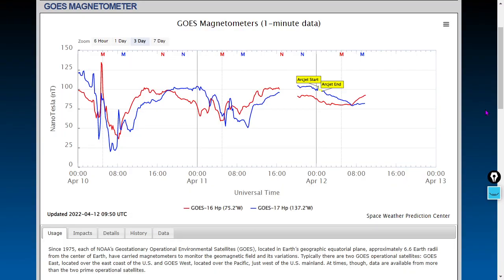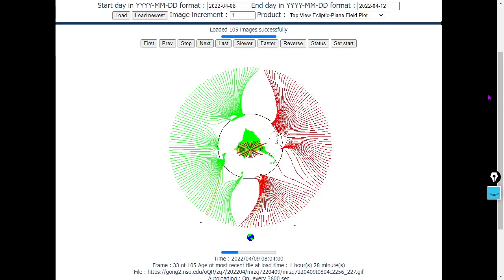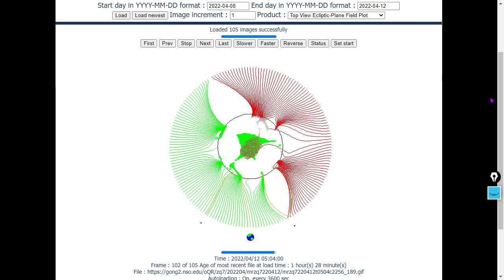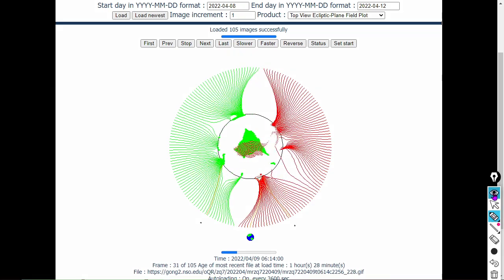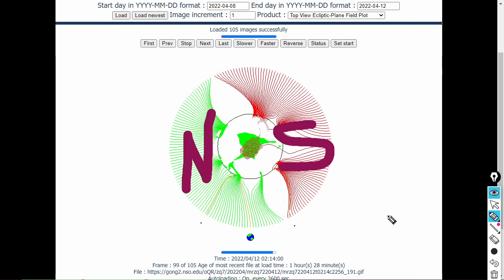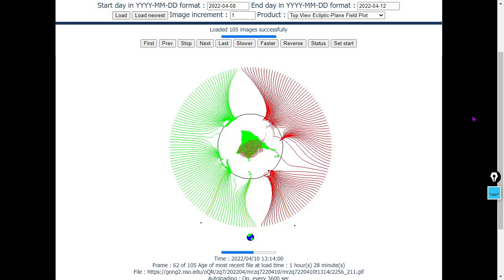First, some magnetic data. So here is the GOES 16 and 17 magnetometers over the past 3 days. Some missing data there as well as some arc jet moments where they try to maintain their geosynchronous near equatorial orbits. Next, the heliospheric current sheet. We may see a south pole current sheet returning. At the moment, Earth is in a north pole current sheet. Don't be surprised to see a south pole current sheet come through for tomorrow's video,